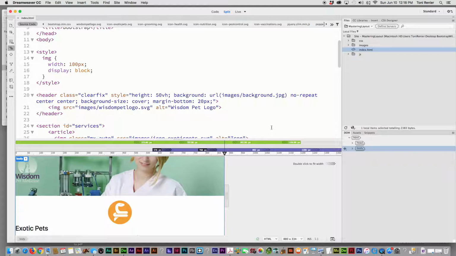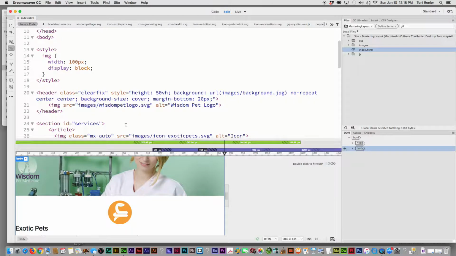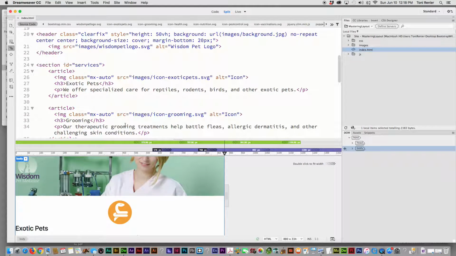So in the first section, this section right here, we're going to add a class of container to separate these out. To do that, I'm just going to go in here right before it says ID, and put in class equals container. Now,